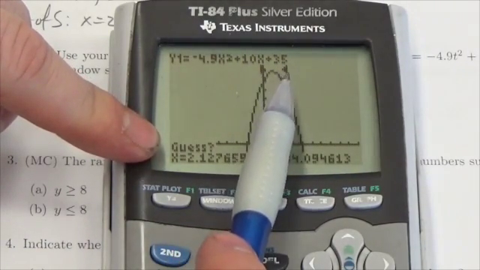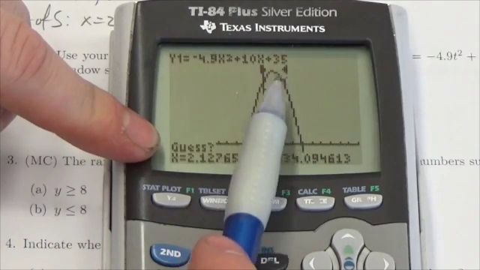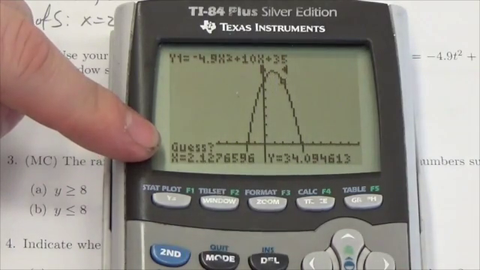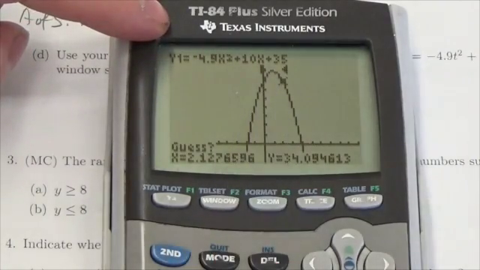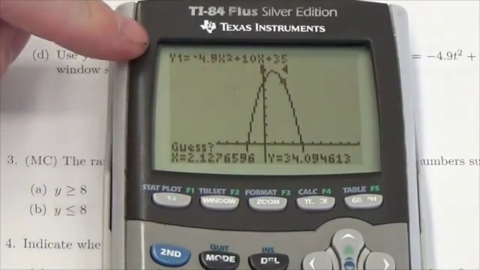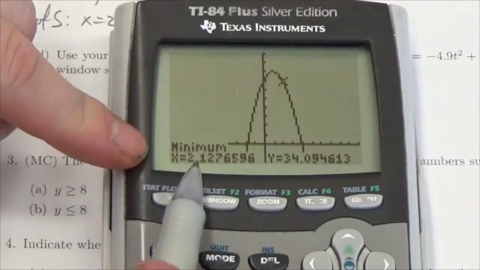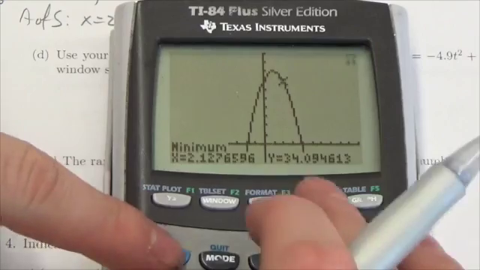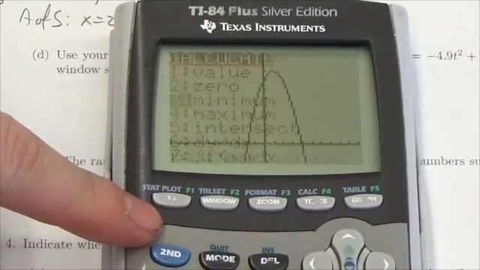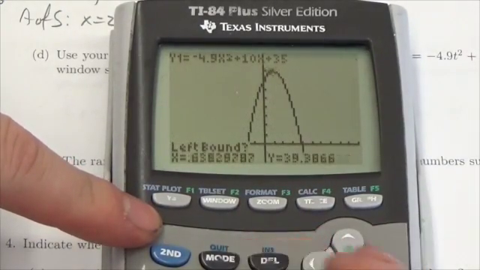What the calculator is going to do is bounce back and forth between these two triangles, and it's going to look for the point that has the largest y coordinate. It's going to start with this as a guess. That's just the point where the cursor is right now. It doesn't really matter what it is. Press enter. And we get here that my answer is, okay, sorry, something did not happen there the way it was supposed to. So left bound,